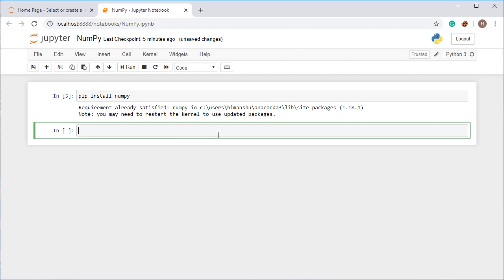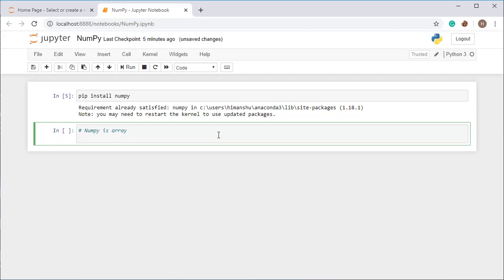Alright, so now we will start with the NumPy array. NumPy is basically used for NumPy arrays as well as NumPy matrices. The fundamental thing about a NumPy array is that you can use 1D arrays, 2D arrays or n-dimensional arrays with the help of the NumPy library.